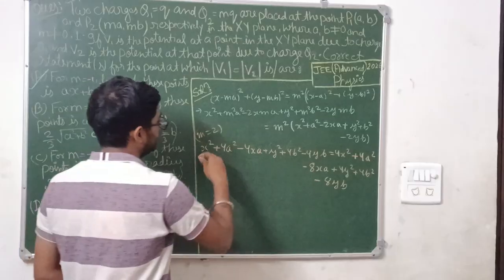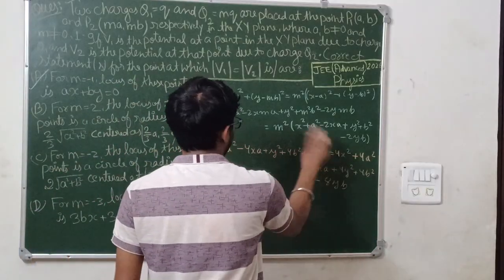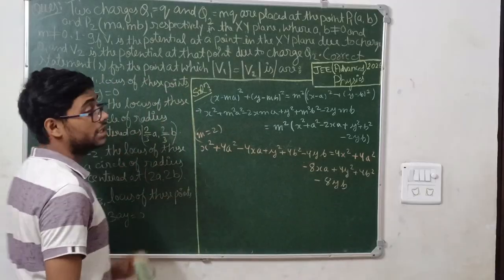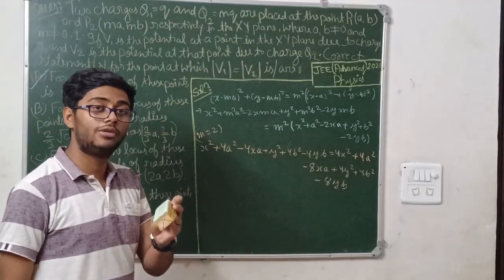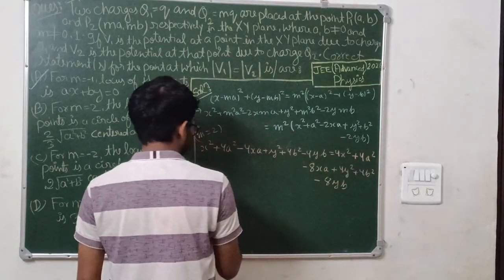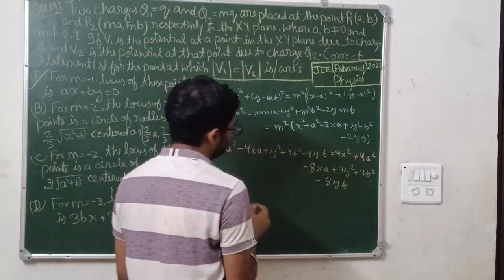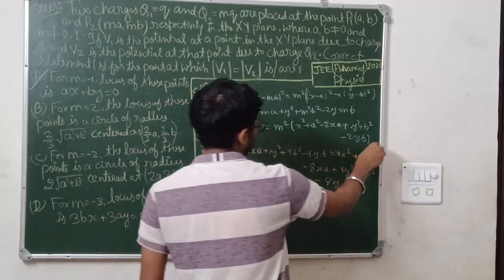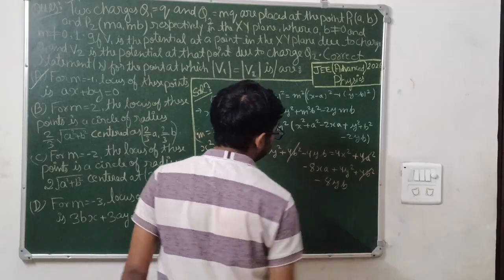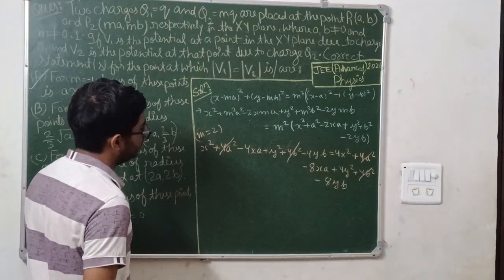Okay, taking the x square term to the RHS, because here it is saying circle. In a circle equation, the leading coefficient is never negative. So taking x square, y square to the right hand side. See, 4a square is simply cancelling here. It is a good thing. 4b square is also cancelling here. Again, good thing. Anything else cancelling?